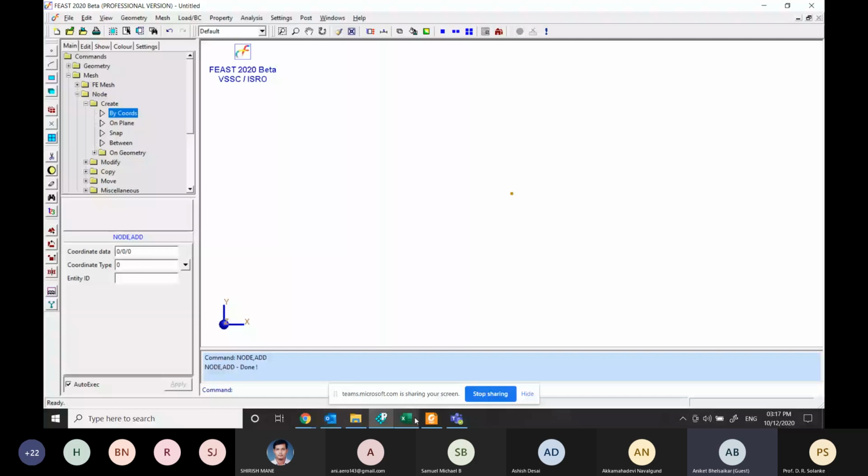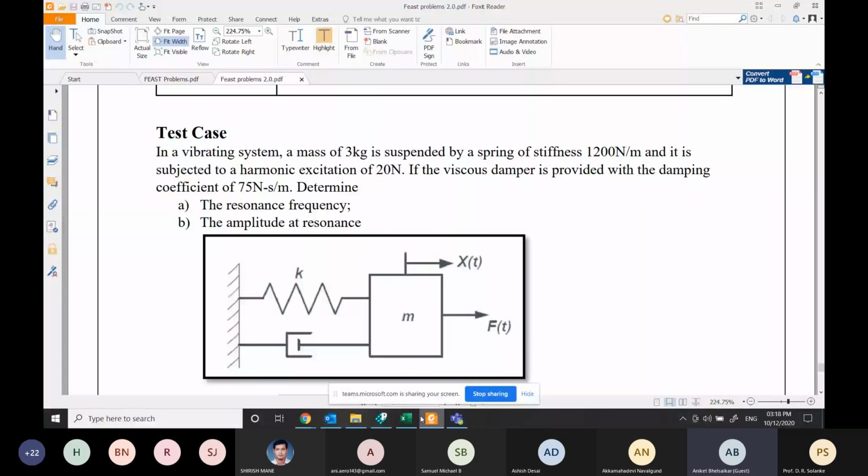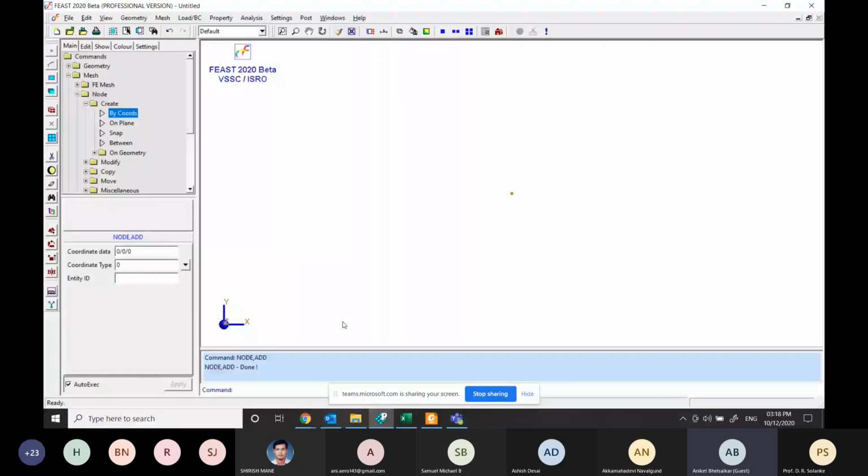So as you can see here, I'm going back to the software page. The stiffness has already been derived and the value is there, so there is no need of any geometry. We don't have any geometric data. So another point we can create at any arbitrary location, because it is independent now, since we are directly defining the stiffness of the structure. At any location, it may be 1, it may be 10, it may be 1000. It may be any units. So you can simply create another node at any arbitrary location.